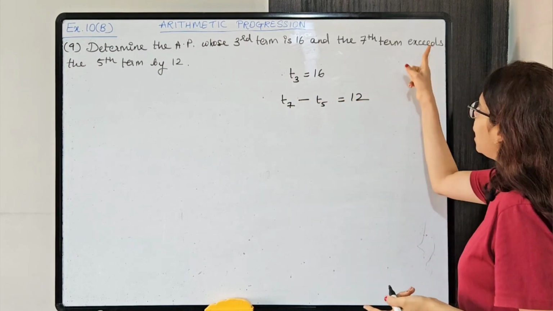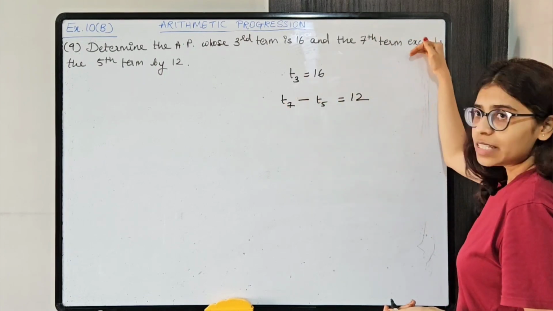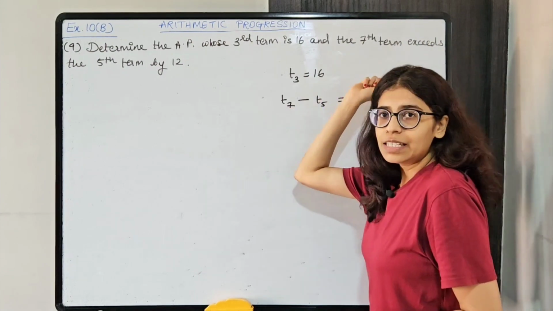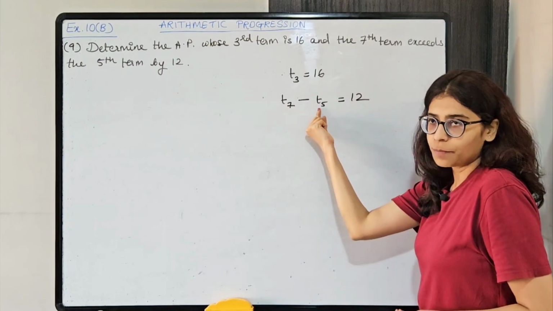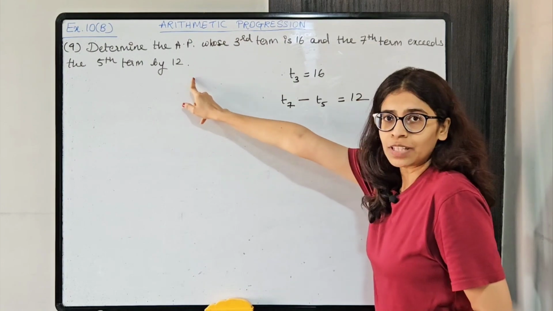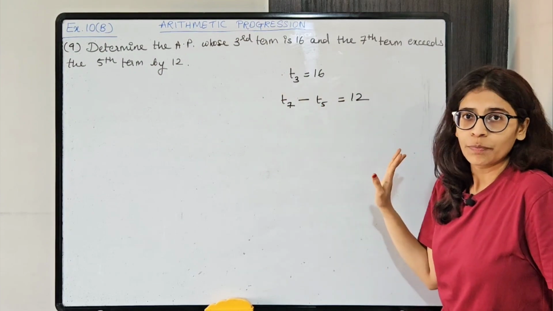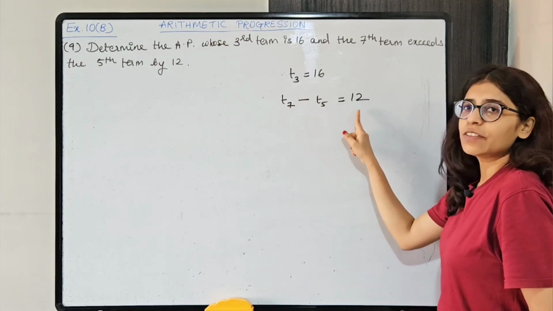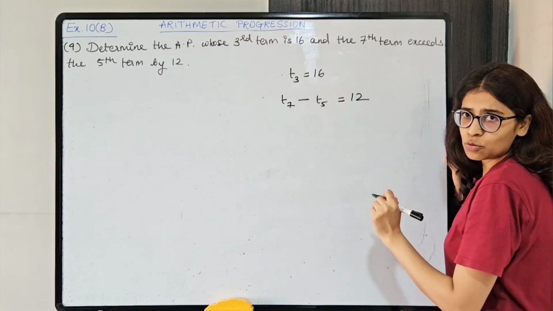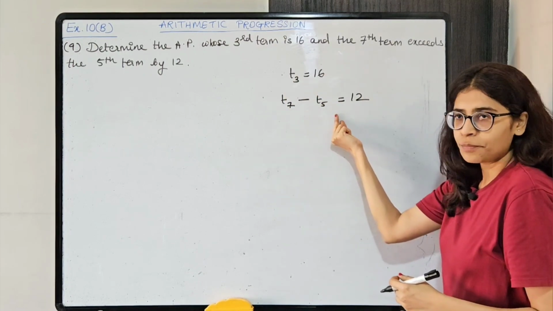Keep in mind, exceeds के पहले जो term दिया है that you will write first, then exceeds denotes the subtraction. Okay, तो T7 minus, exceeds के बाद जो term दिया है वो बाद में लिखेंगे. Okay, so T7 minus T5 by 12, that is it is equal to 12. यहाँ पे by imply करता है equal to. Okay, so T7 minus T5 is equal to 12. All right, now let us solve these two. Let us frame T3 in terms of A and D. Same way over here also. Okay, let's see what we are getting.